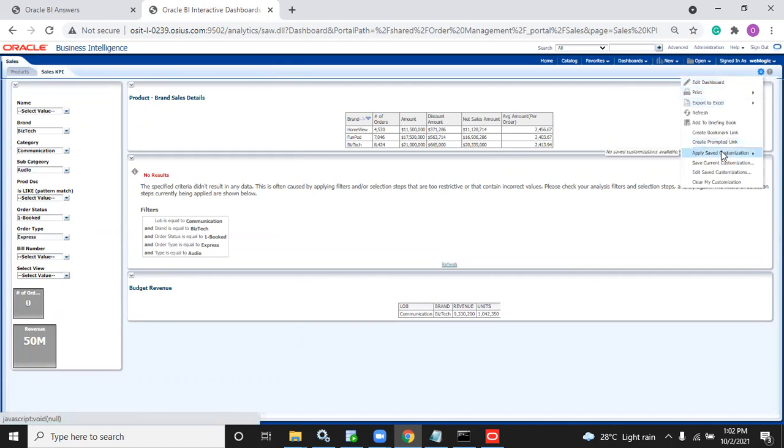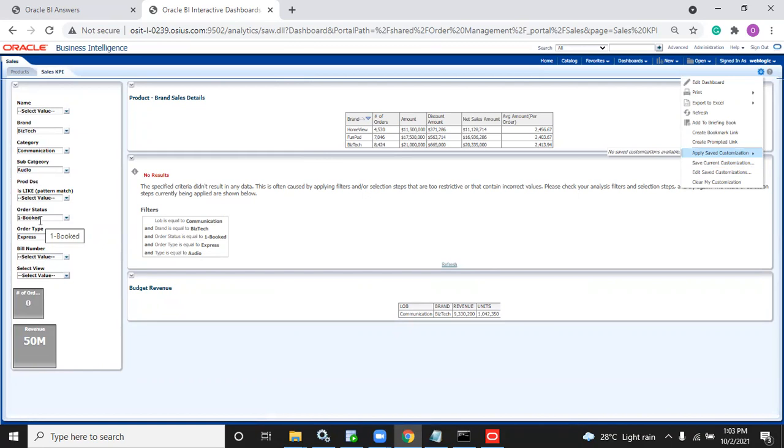apply saved customization. Save current customization. This is only for an individual user, only user perspective. Whenever a user is opening this dashboard, he has some common filters, but those filters are not common for other people. If it is common across all, we will pass it as a default value. But if it is not common across all people, then we cannot pass. Example, Mona is trying to get booked data, but Shashank wants to get shipped data. So we don't have a common value.